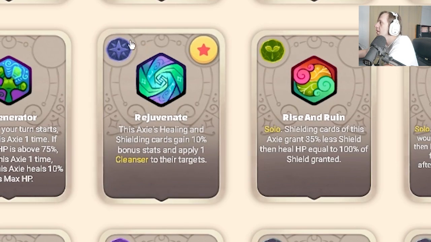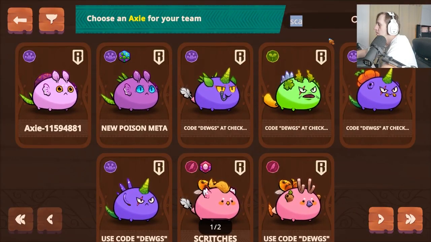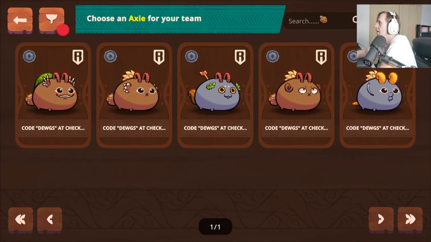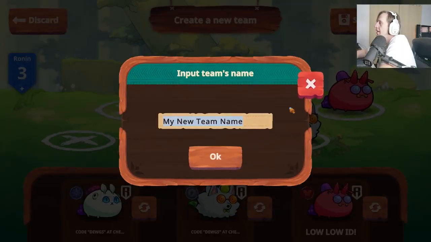Oh yeah, we talked about this because we have the Axie, this guy. This guy's a Dawn, and we were running Heaven's Echoes, Mech with the shield backup, this guy. And then on the front line, we were running one of our bugs. I can't remember which one we were running. We were running the guy with the really low ID. This was our team, but...